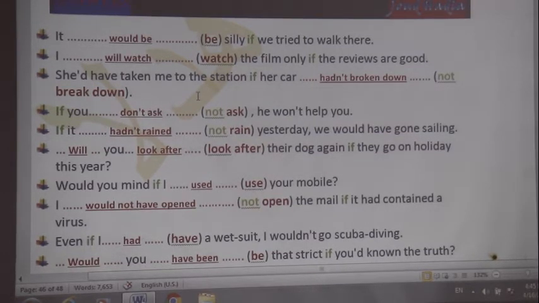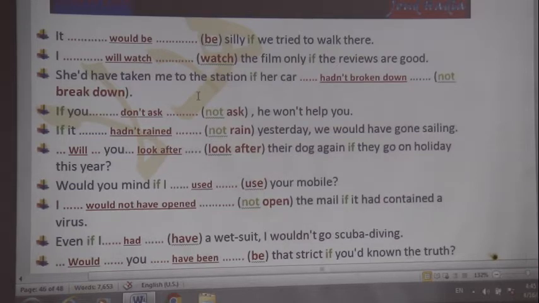Today, as I promised you, we'll revise conditionals and question tags by doing 2 exercises about them. First of all, let me remind you about the basic types of conditionals. The first type, when we talk about something which is likely to happen, it's possible to happen, and the time frame of this conditional is the future. So in this case, we only need the present simple in the if part and will plus the base form